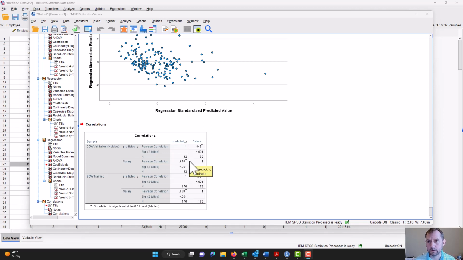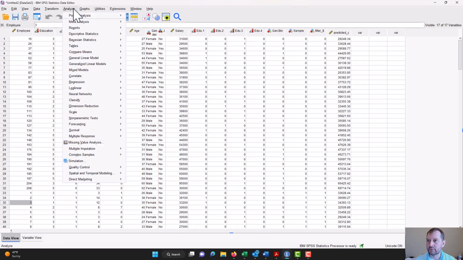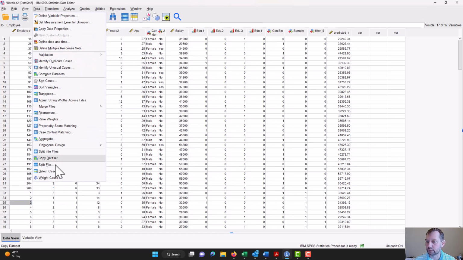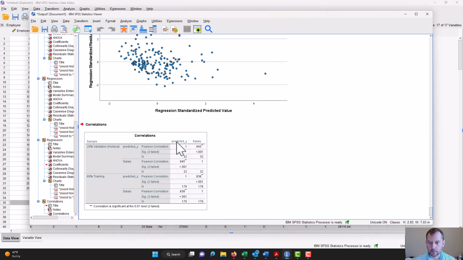Another way that we could derive these values. So I showed you how to do it from the regression. So we got a predicted. How else can you do that? Pretty easy. We go over here and turn off the split file. We want to analyze all. Okay. What we would do is